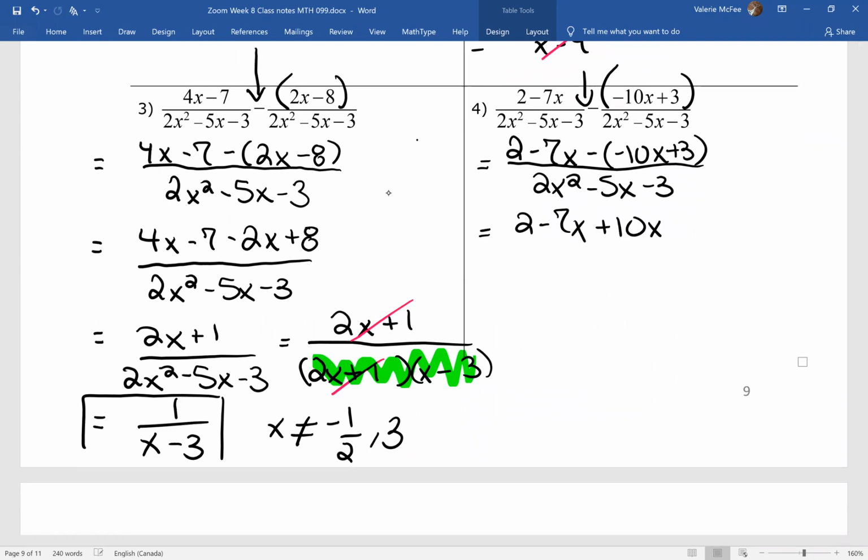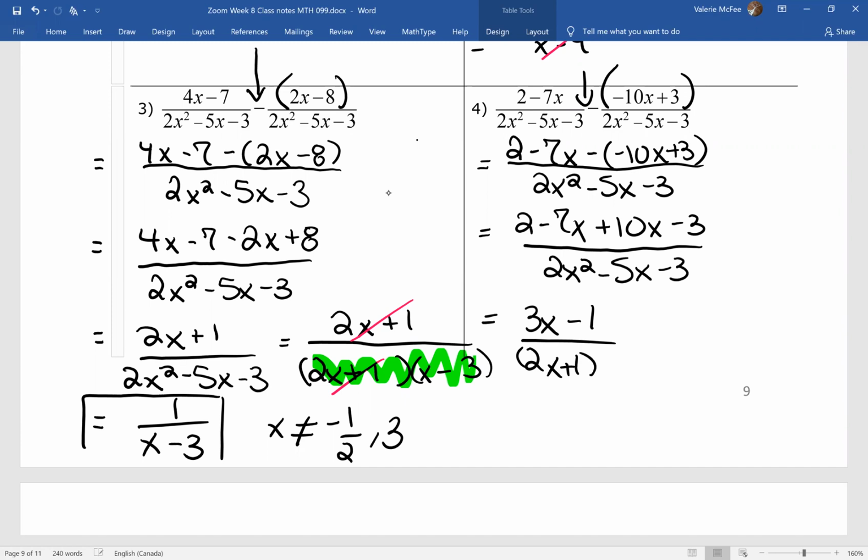So you have 2 minus 7x plus 10x minus 3. I know I'm going to need to factor the denominator, and we did it in the last question. So for the numerator, 10x minus 7x is 3x. 2 minus 3 is negative 1, all over